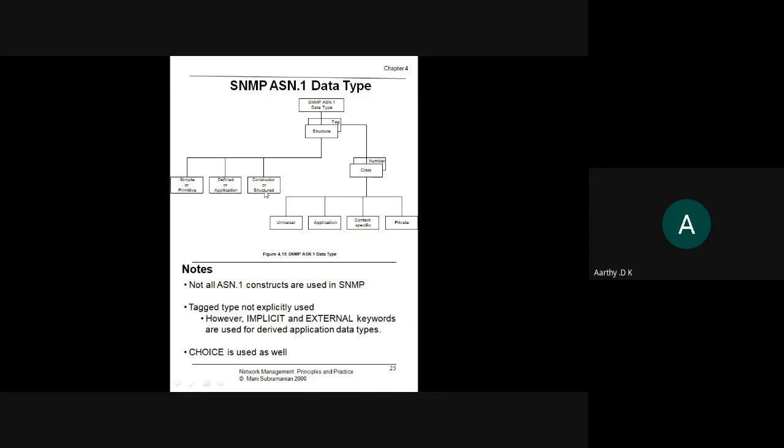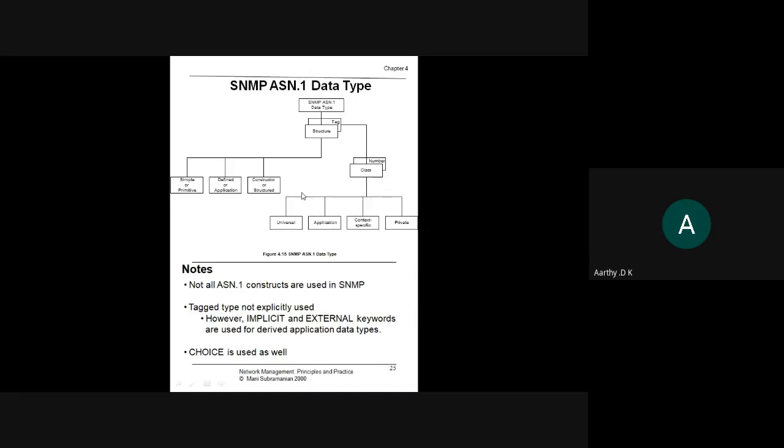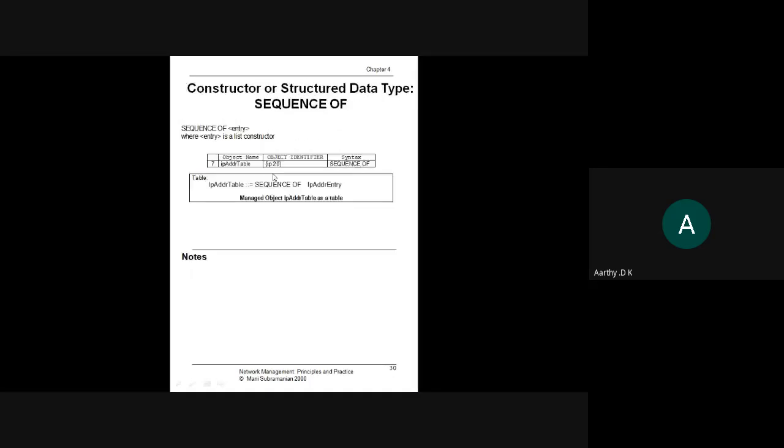In constructor or structure, we have sequence and sequence of. These classes are used in your encoding. Every class will have a specific value that we will substitute when you do the encoding of your data.